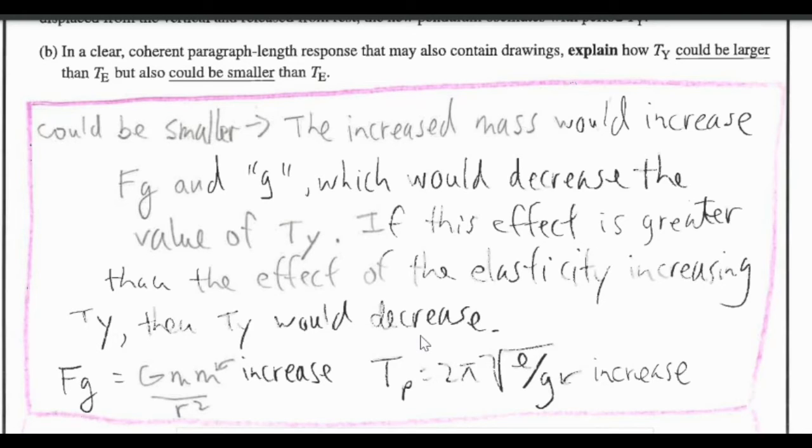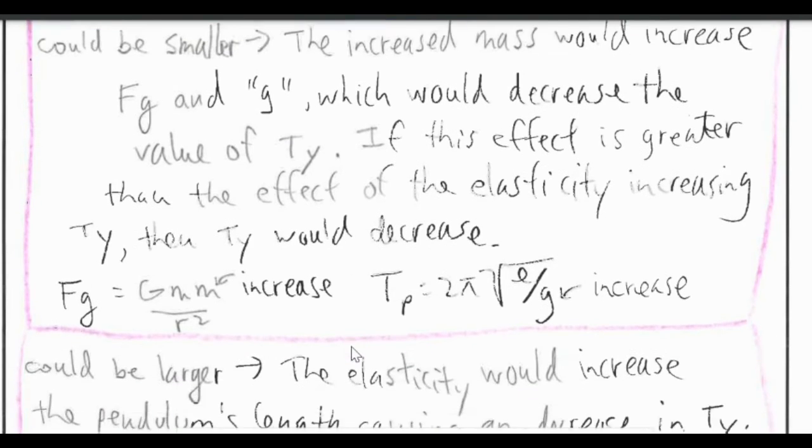would decrease. And then I show another thing here where the period of the pendulum is 2 pi times the square root of the length of the string divided by g. And then if we had a larger g over here, then we'd have a smaller period. So I maybe could have added a little bit more detail, but that's the main idea involved in